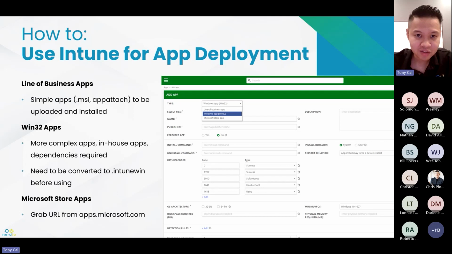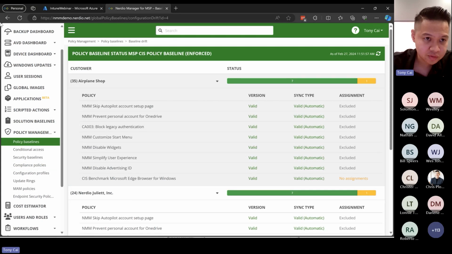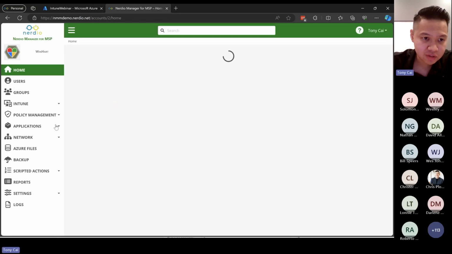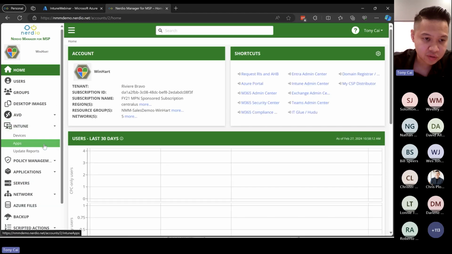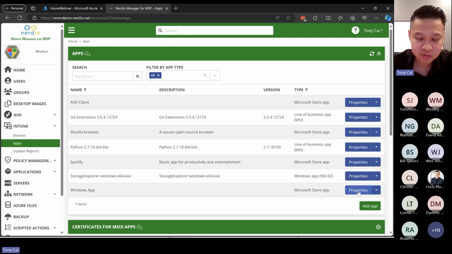Okay. So I was going to show you how to add an application in Intune as well. So Intune could also be used for deploying applications, right? So if I go into a customer tenant, go to Winhart, I can go to the Intune portal and go to applications, and I can upload applications here as well. There are many types of applications, but the main three are